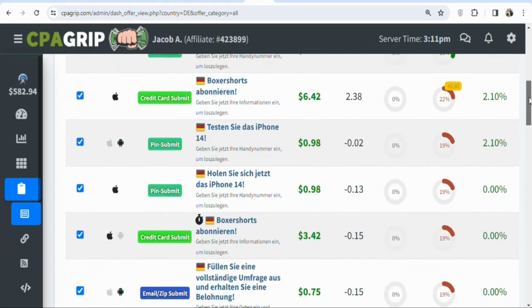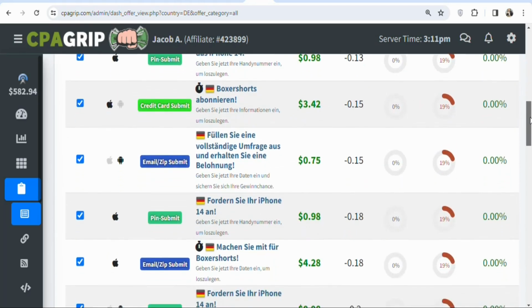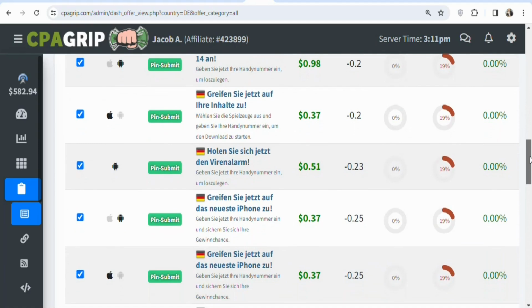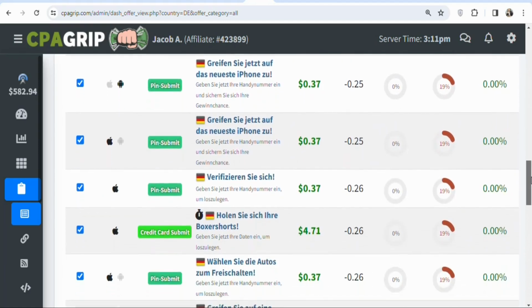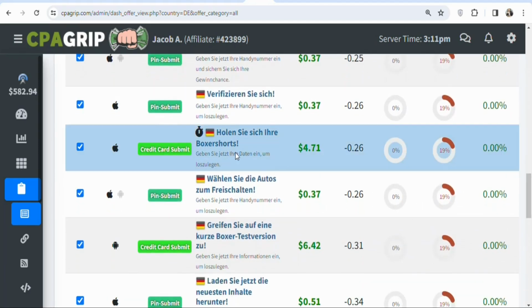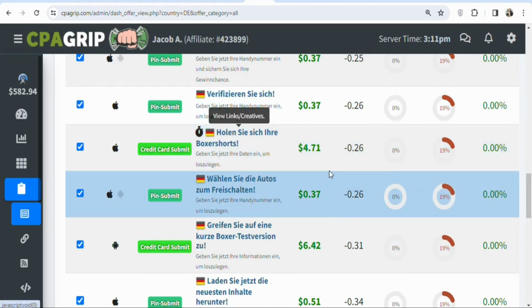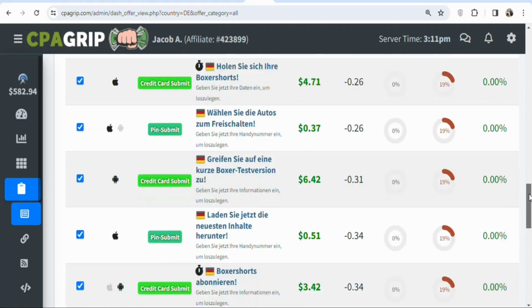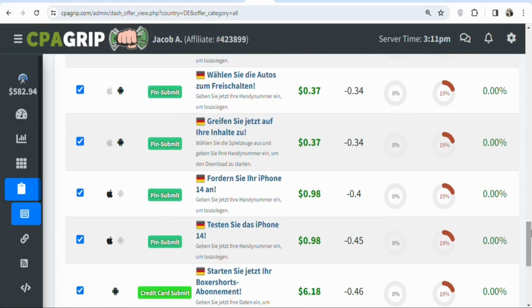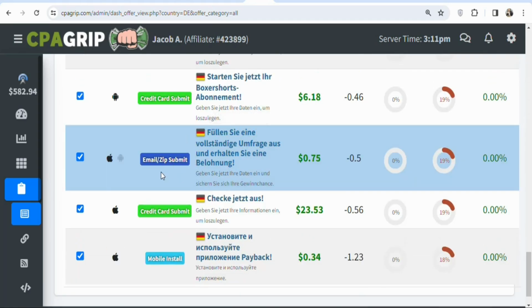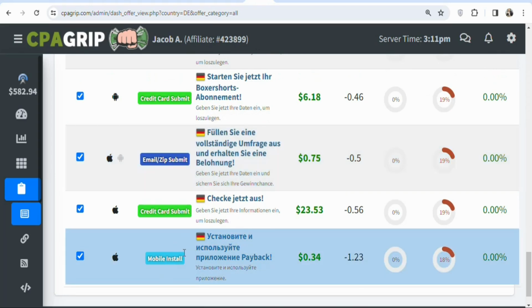There are a lot of different offers on CPA Group that you can promote to earn money. Any kind of offers that you want, you can find them on CPA Group. If you want pin submit offers, you can find them. If you want credit card submit, you can find them. If you want email and zip code submit, you can find those offers to promote. Any kind of offers that you want to promote, you can search and then find those offers. You can see they have mobile install. If you want offers that require your potential visitors to install a mobile app, you can search for them